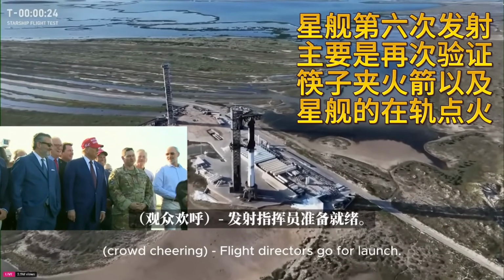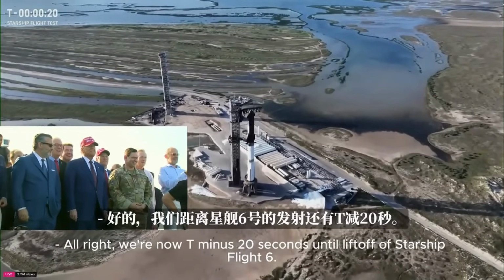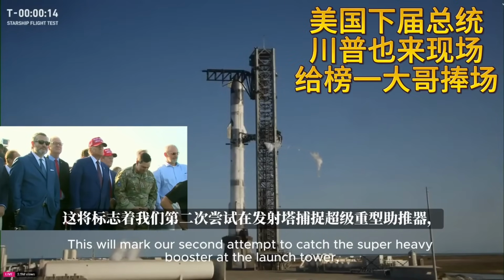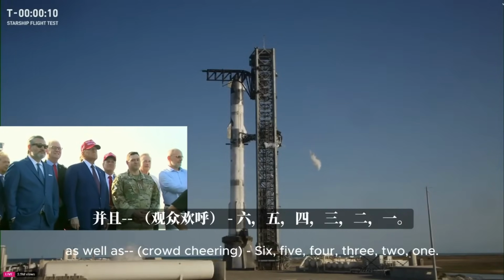Flight directors go for launch. All right, we're now T-minus 20 seconds until liftoff of Starship Flight 6. This will mark our second attempt to catch the Super Heavy booster at the launch tower, as well as